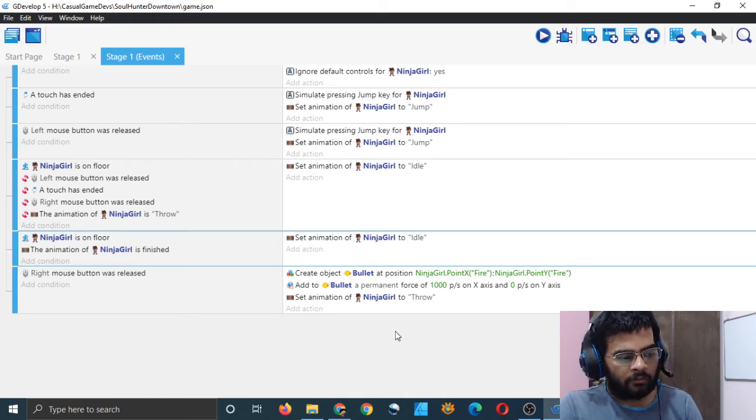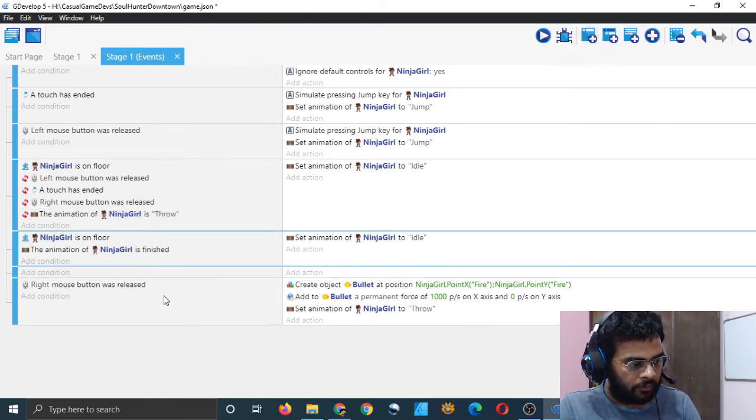One more thing we want to do is that if a right mouse button was released and Ninja Girl is not on floor, is jumping, then we must play another animation. So let's do that. Right mouse button was released, and I will just copy this whole thing. Can I copy this whole thing? No, I will just add an event.